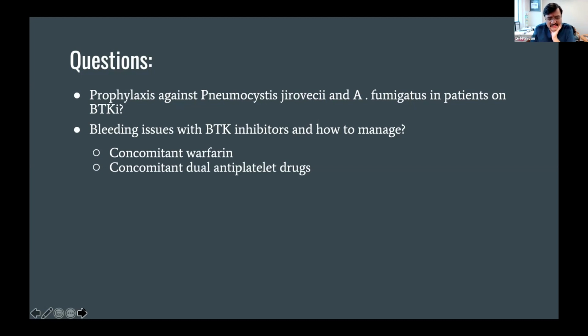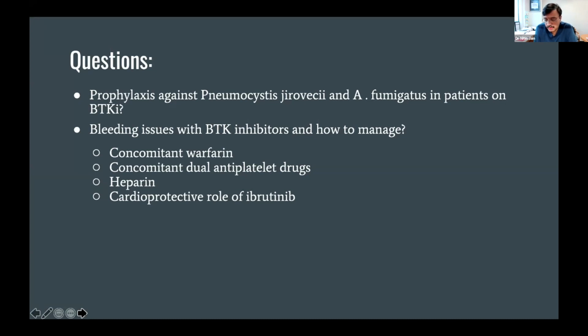In fact, we are summarizing some of the data from our institution right now about BTK inhibitors and the effect of anticoagulation, more like DOACs and BTK inhibitors. If a patient is just on aspirin, I'm okay with the BTK inhibitor. But if a patient is on dual antiplatelet, or they are on aspirin and Xarelto, or some kind of DOAC, then I'm really hesitant to use ibrutinib for those patients. And given the availability of venetoclax in the United States, I think those are easy patients to consider for venetoclax-based therapy.